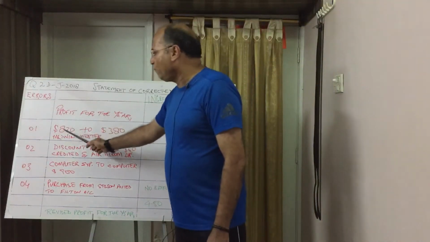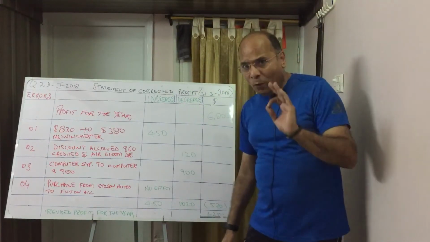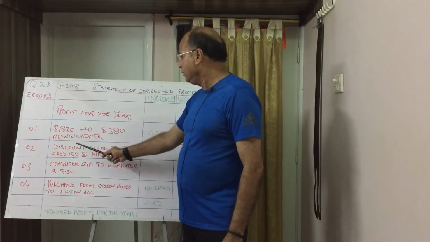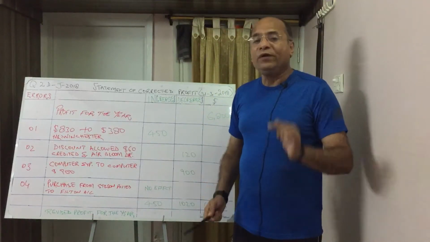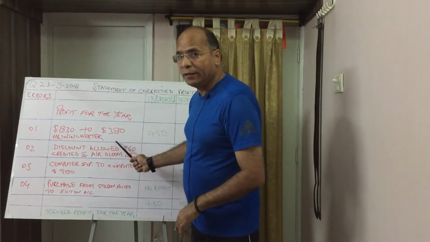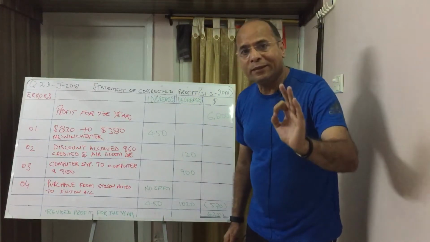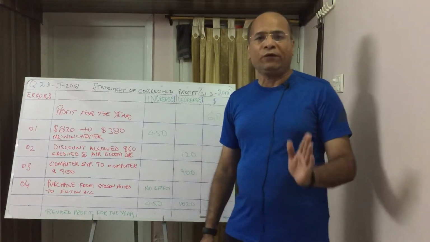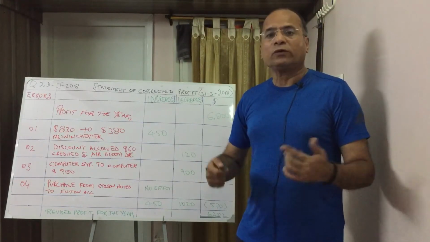And then there are 4 transactions and I read these 4 transactions for you. In transaction number 1, we sold goods of 830 to Mr. Mr. By an error, we recorded the sales and receivable by 380. You saw what we did? We made an error in the number. This type of error is called error of original entry. This is basically an error of transposition or transcription or sliding error.